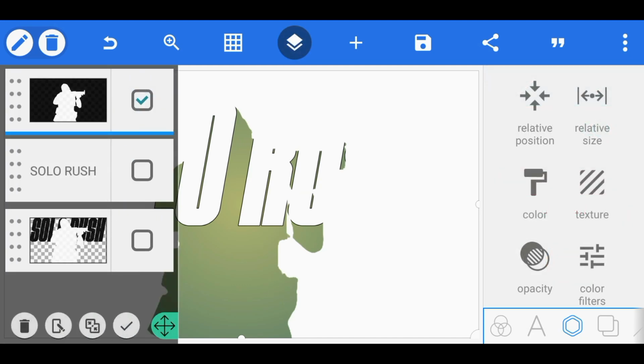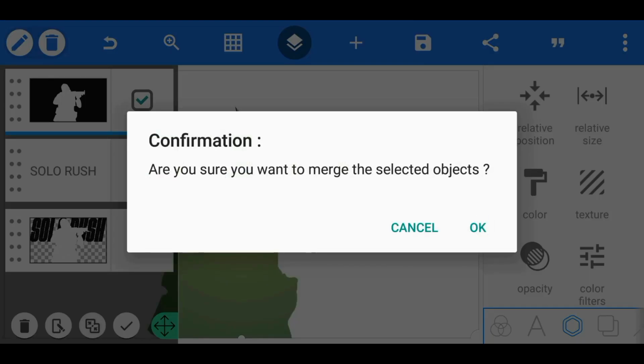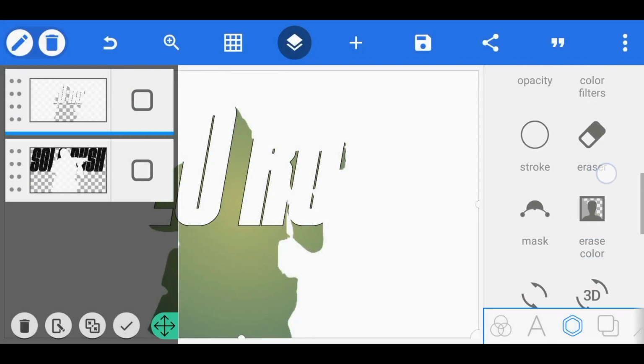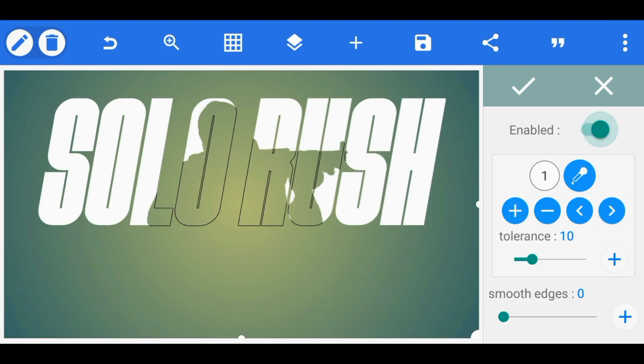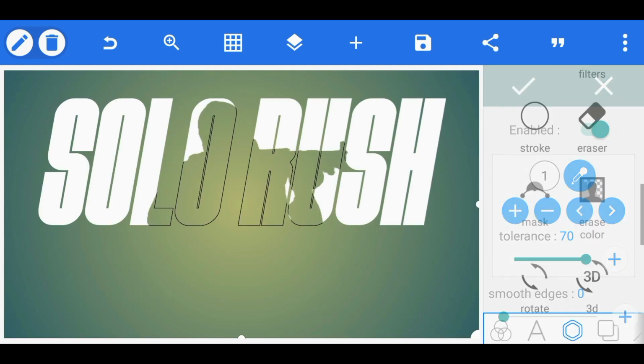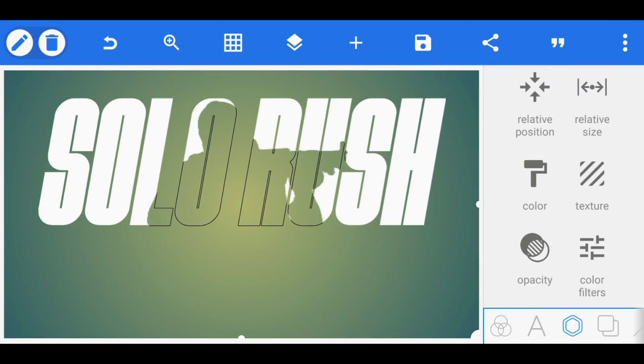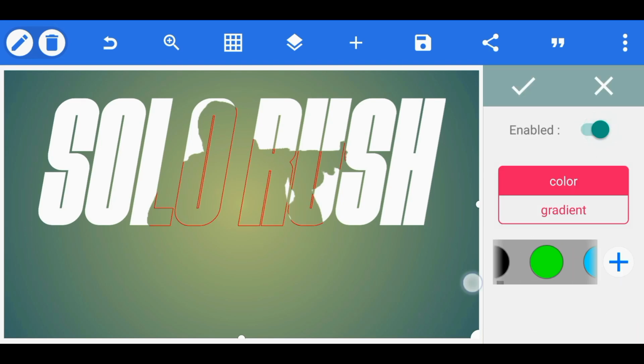Now we'll merge these two for the last time. Go to the erase color option once again, enable it and set the tolerance to 70. Go to the color option and select the white color. And this is done.